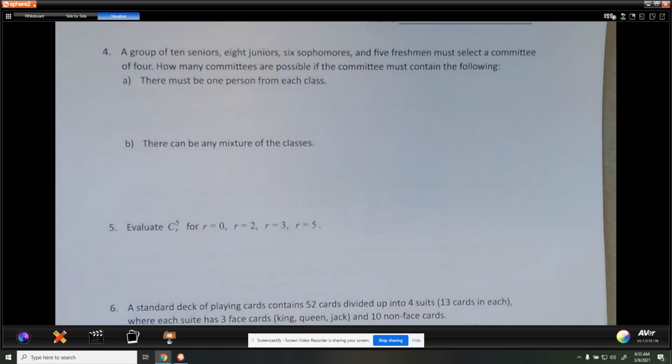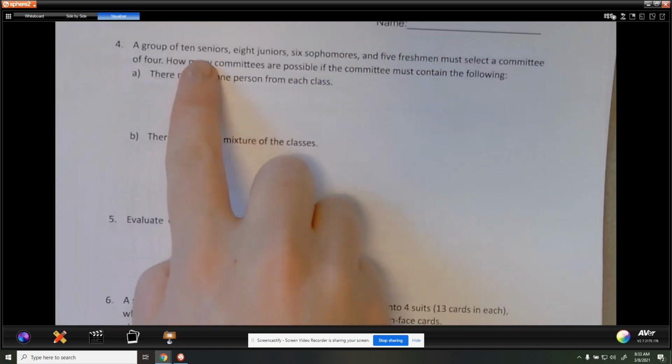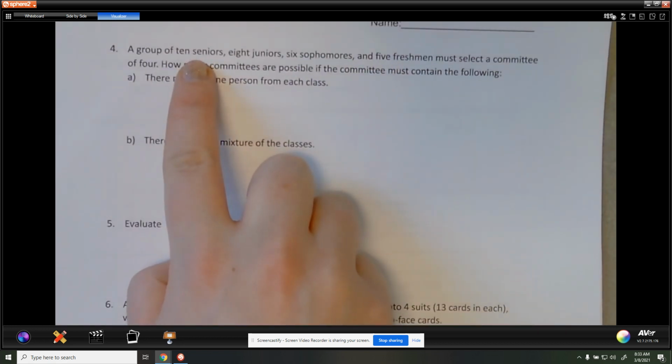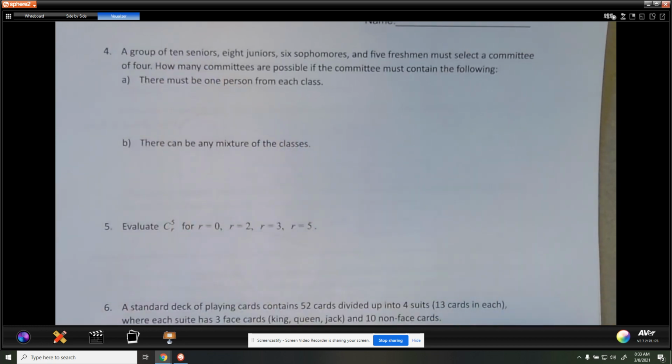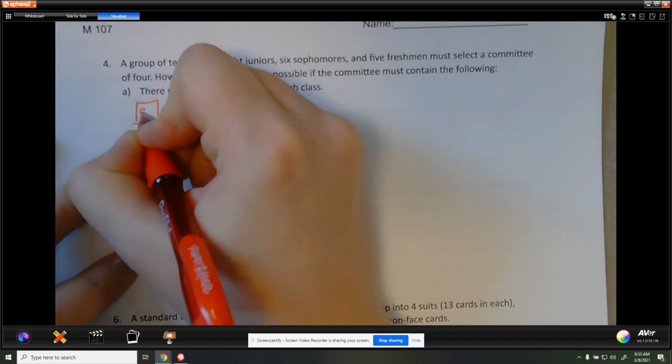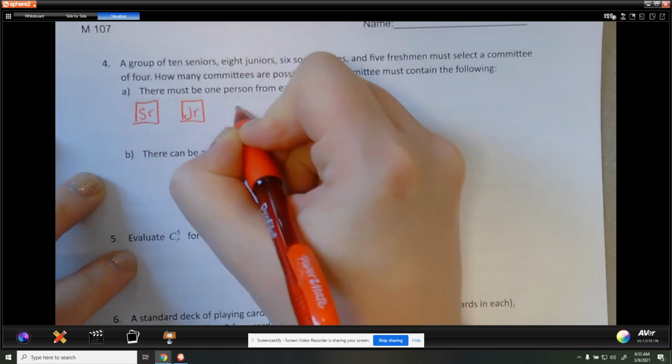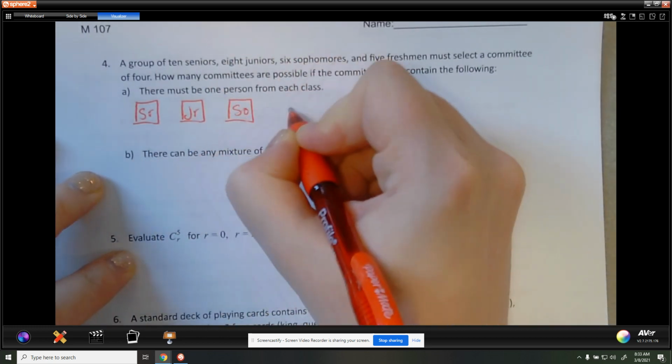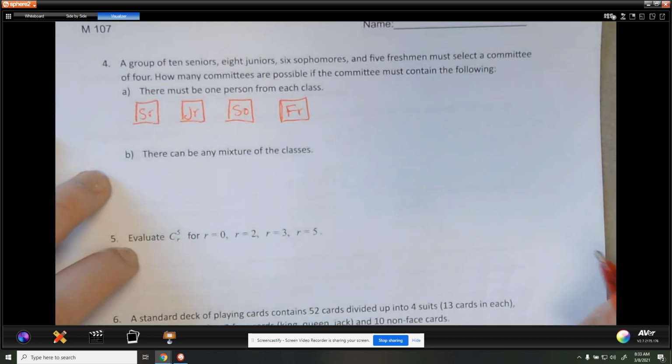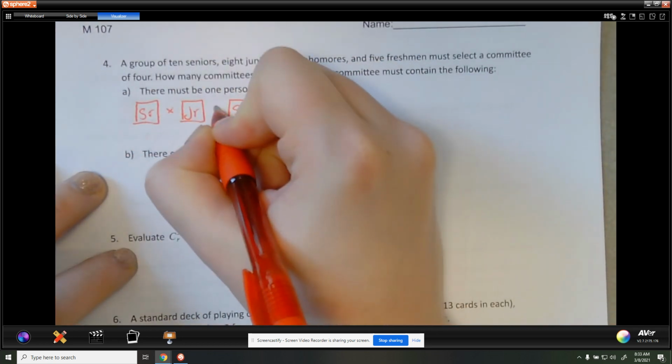So first thing we need to ask ourselves is, can the items be repeated? And the answer is no. Like if we pick one of the seniors, that same senior can't be picked again. Like, I don't know, Bob is a senior. We can only pick Bob once. He can't be on the committee twice because there's only one Bob, right? So the items cannot be repeated. Is there more than one category? For this one, yes, there is. There are seniors, juniors, sophomores, and freshmen. Those are our 4 classes, and we are going to multiply